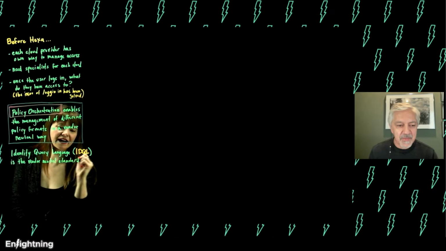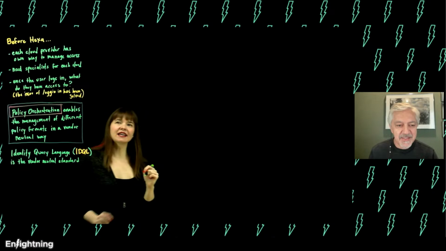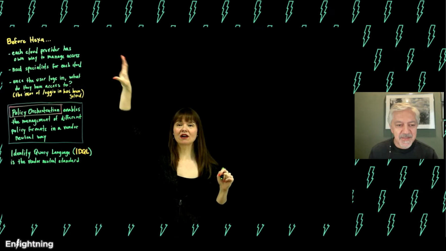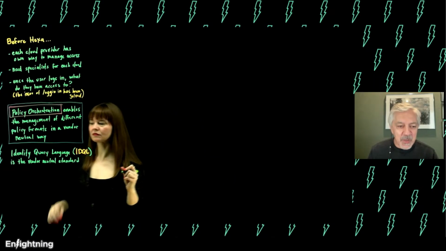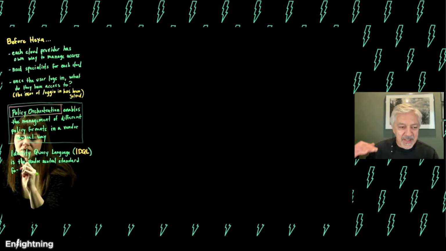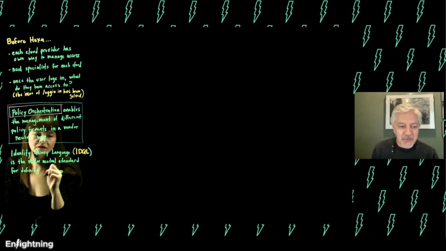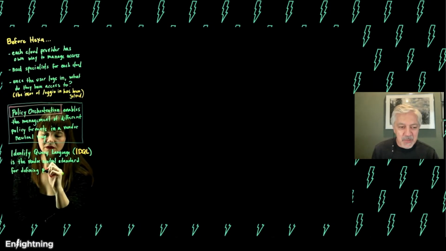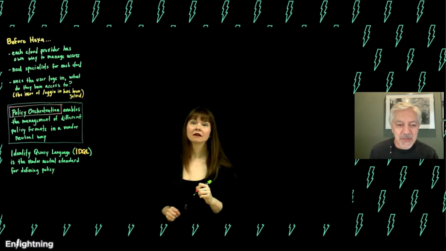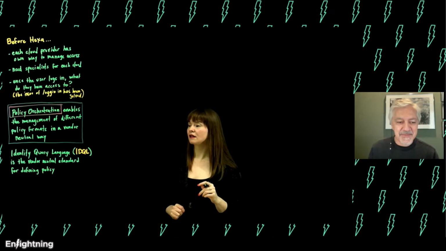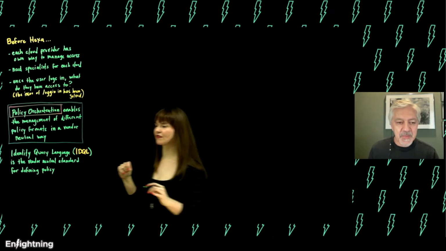And then, okay, I want to ask this question. Is the policy unique to infrastructure, or is it also like Kubernetes level policy? It's general purpose. So the work we have done so far is mostly at the identity and application level, but the concepts that we'll talk about today are applicable to the infrastructure, data, and networking as well. Okay. So is this correct? Identity query language is the vendor neutral standard for defining policy?